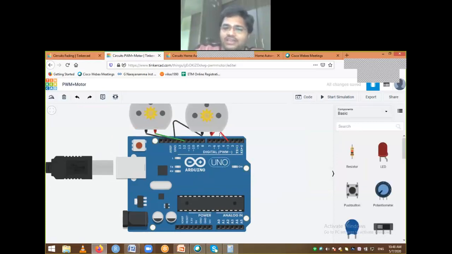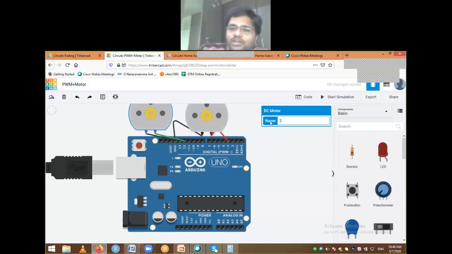So in this circuit, again, let me explain what I am doing. I want to control this particular DC motor using two different things. As you can see, this motor, that is motor 2, I am connecting to pin 12, and the first motor I am connecting to the third pin.